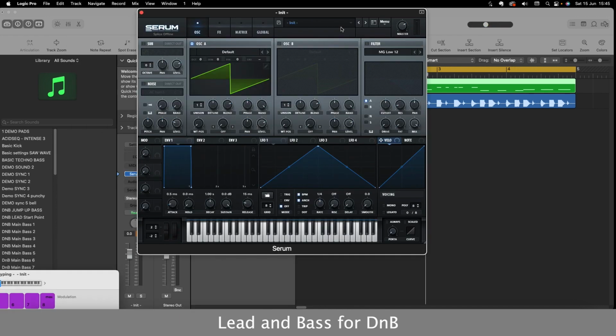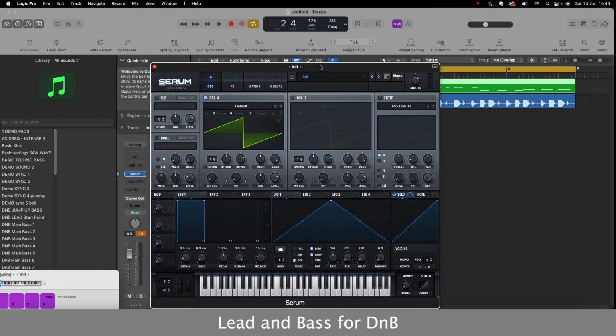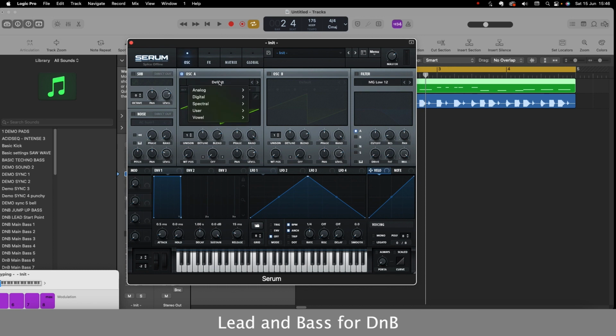Okay, so here's another way of creating our bass sound. I'm going to do a slightly different way from the DnB womp bass I did last time. In the previous video I used an LFO sent to the filter to create that short wompy sound. Here I'm going to simply send an LFO to the 2 oscillator levels. So I'm going to go default analog basic shapes and have a saw wave on the first oscillator,